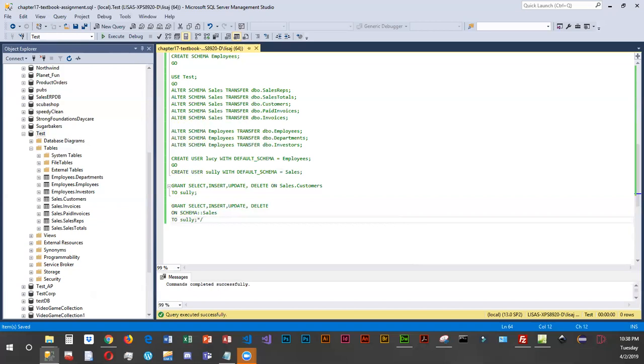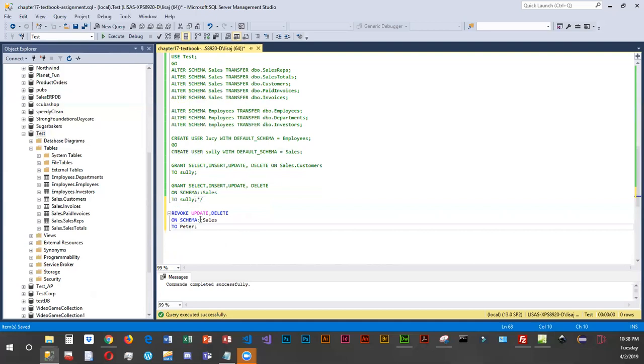privileges. Okay, before we granted privileges to give him insert, update, delete, and select, and now we got to take a couple of them away. Giving Peter a little slap on the hands here. So we're going to revoke update and delete on the sales schema to, and if you called him Peter, awesome,